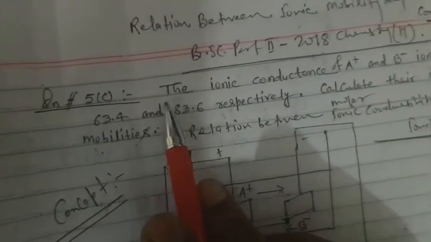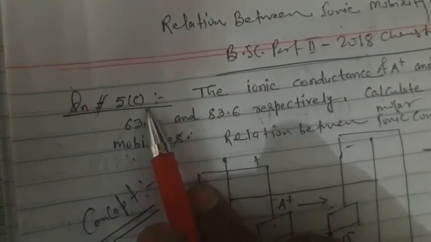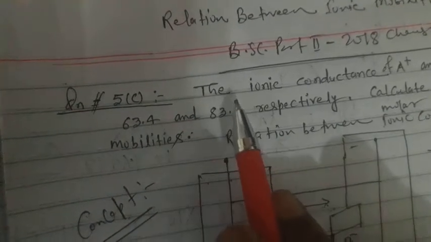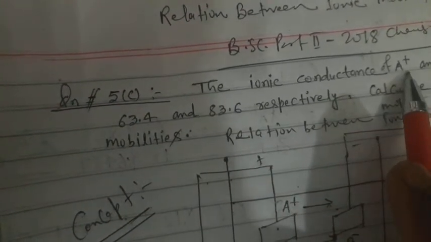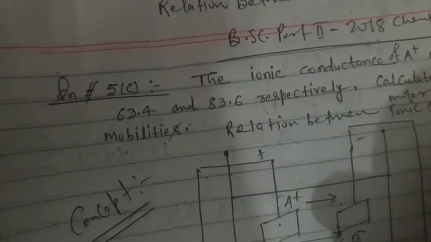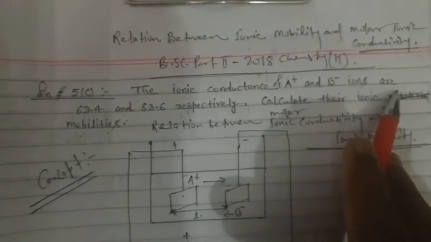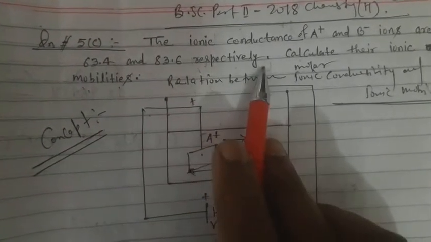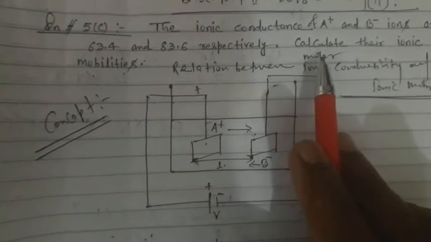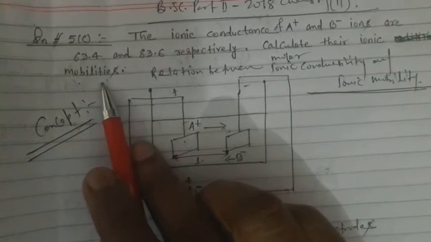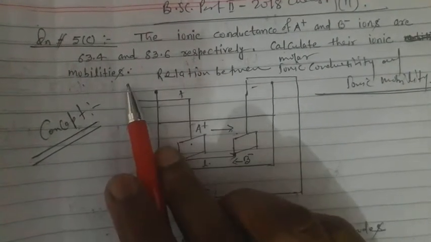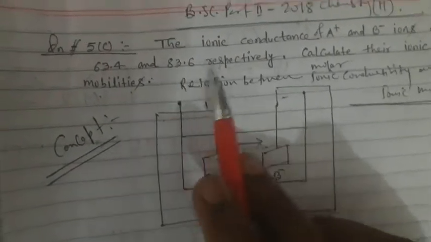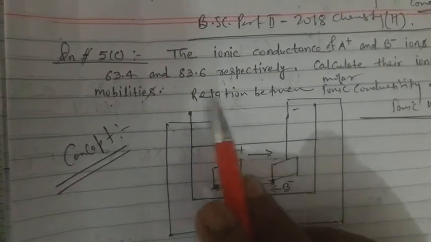The question is question number 5C. The ionic conductance of A plus and B minus ions are 63.4 and 83.6 respectively. Calculate their ionic mobilities. This was the question. First of all, we are trying to relate